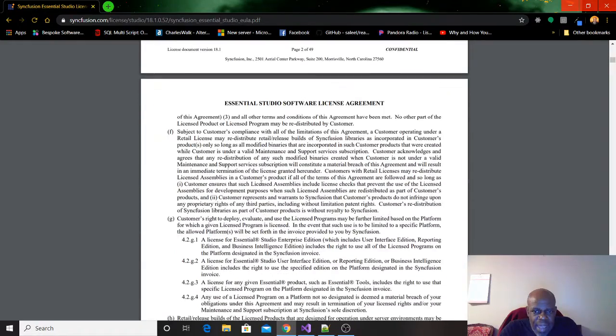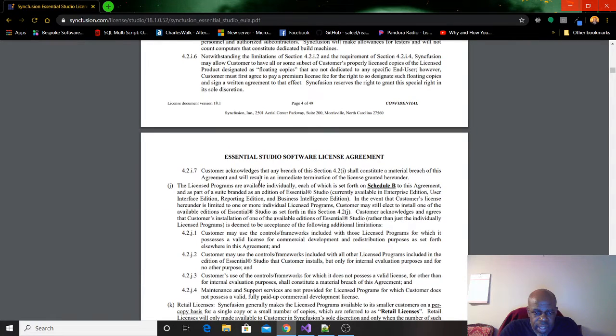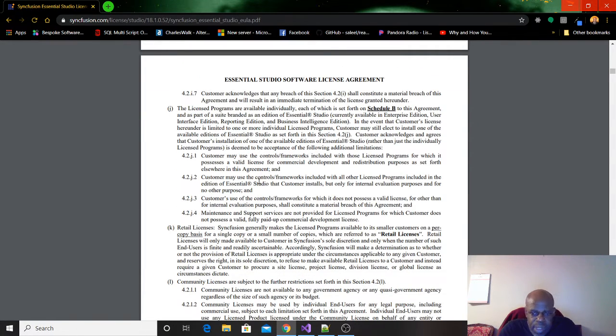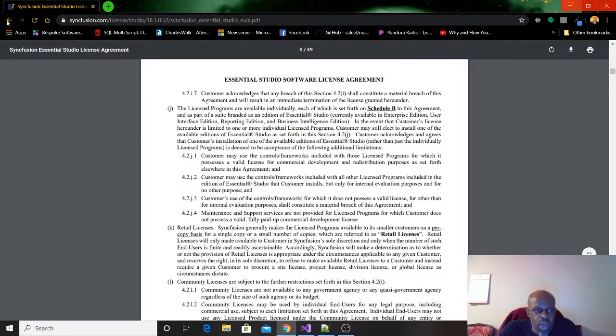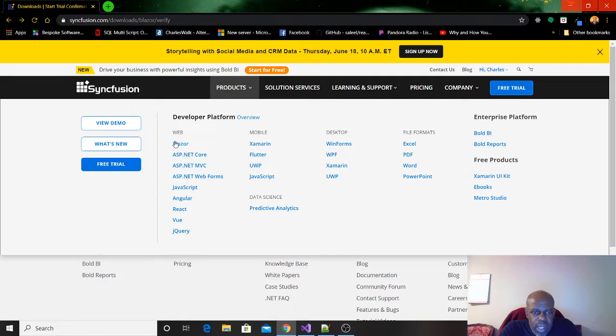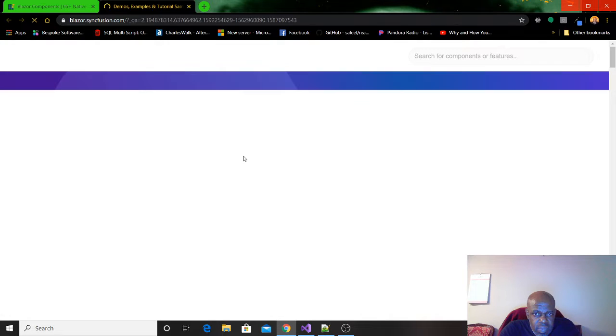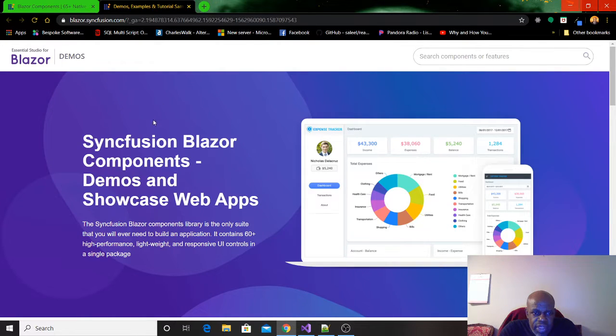Well, I can't really say highly recommend it. I recommend it, what I've seen of it so far, and the simplicity of the component implementation. They show you some source code that you can look at. In fact, I'll just go to an example. Let's go to Blazor, view demos. And there's a lot of third parties. Telerik has created a library. There's a whole bunch of other third parties that have created libraries.